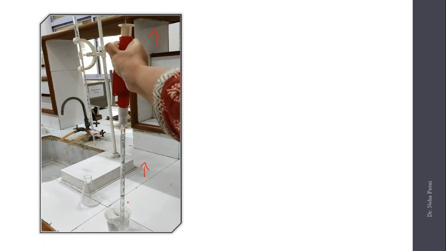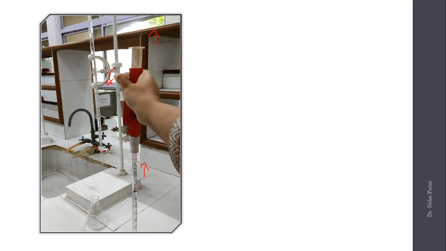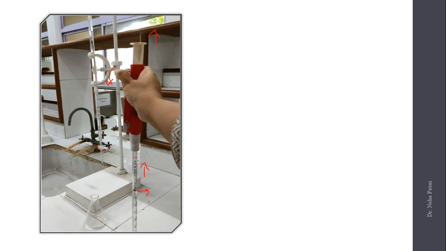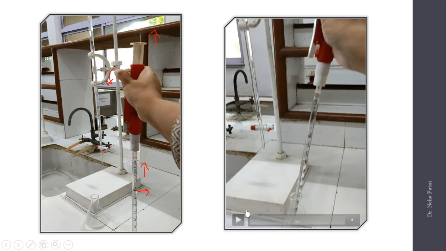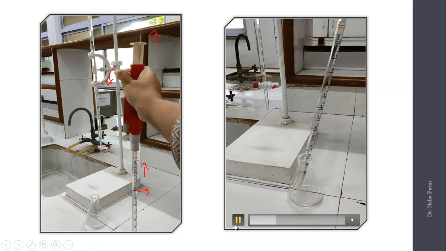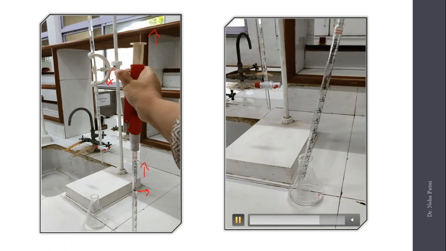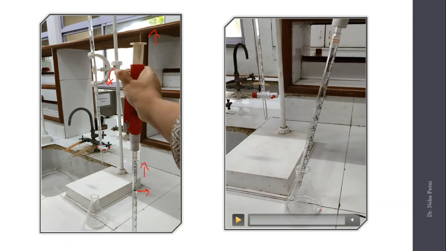So last time I told you that we can use a pipette pump for it. You can see here the water level is rising as you are moving this knob like this, right? The water level is rising here, and at the 0 point you have to stop it, and then you have to simply add it in the conical flask. So if you just leave that knob, your solution is ready in the conical flask.